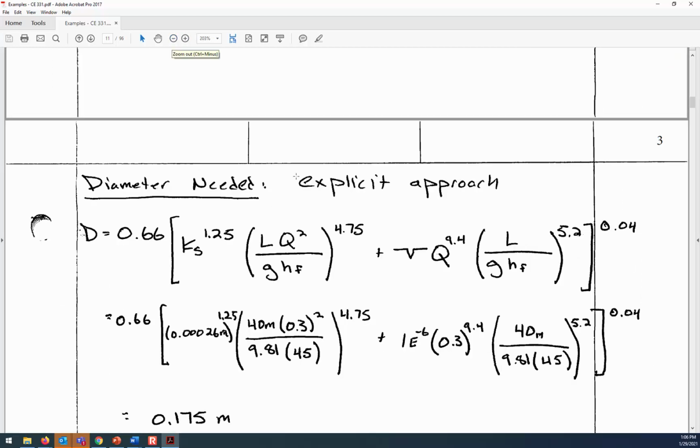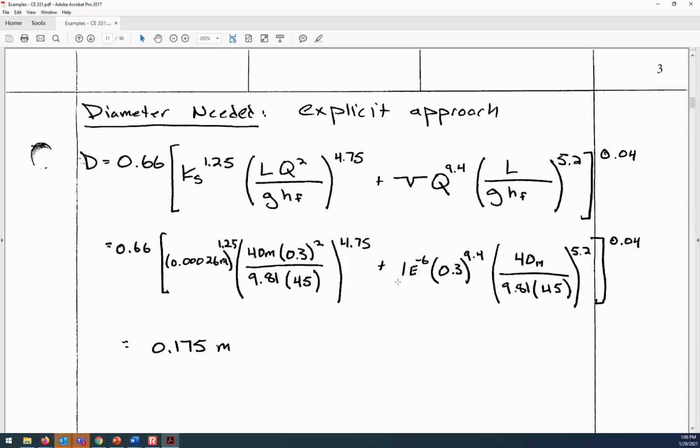And so let me just show you what makes it a little bit tricky is that we've got sequential exponents. Everything has its own exponent, and sometimes it's an exponent with an exponent that is then taken to another one in the end. But as long as all the parentheses are in the right spot and you don't make a mistake along the way, you can substitute the length, flow rate, kinematic viscosity, the known head loss through the pipe, the roughness of the pipe, put all those parameters in,